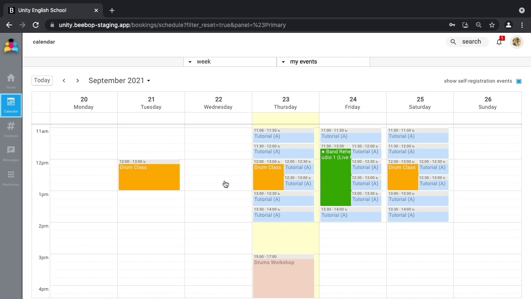We are logged in Bebop as a student. Right now it's Alex Ball, and we are looking at our calendar. As you can see, we have quite a few events. The reality is that many of them are just booking slots, which are available for tutorials where Alex has been